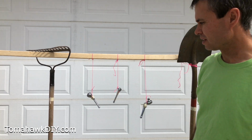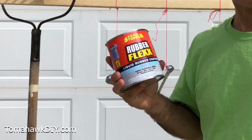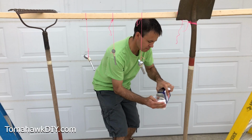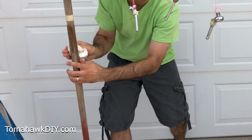I've got an old rake here, an old shovel. They still work great, but they're wooden handles and they're just starting to wear down. They need a new coating. So Rubber Flexx is going to provide that coating for us. We're going to use some acetone to get the handles of these tools cleaned up before we apply the Rubber